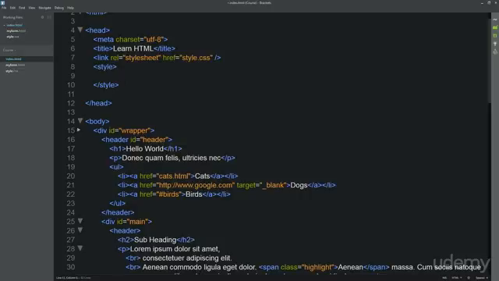So if I want to link out to a JavaScript file, I could do script, and I could just type in the script source. So this one, interestingly enough, works like images where we're specifying source, as opposed to the styling that works like the hyperlinks. So specify the source file, and let's create a source file. So we'll just call it script. So JavaScript files are JS files, and what JavaScript does is it gives you the ability to create dynamic interaction